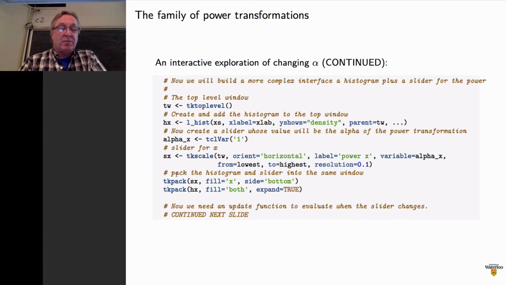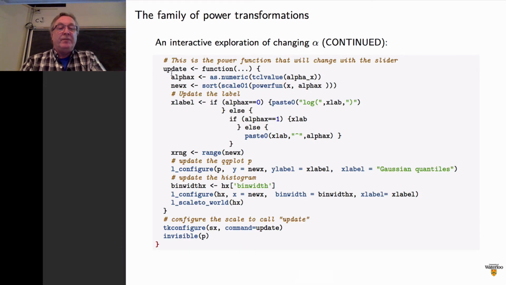And then these commands are about building that thing. I'm going to put the slider on the bottom, and then the histogram will go in above that. And now I'm going to have an update function. This update function is going to take arbitrary arguments. I'm not specifying what they are. They're going to be able to read the value of that alpha,